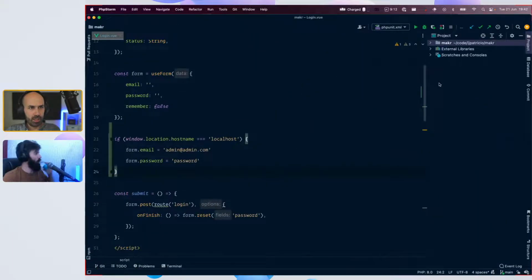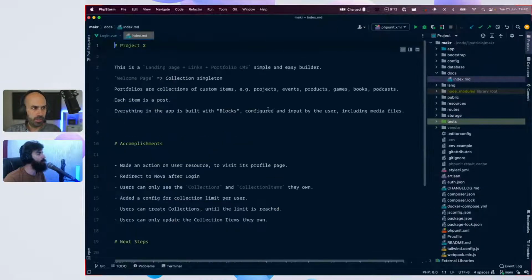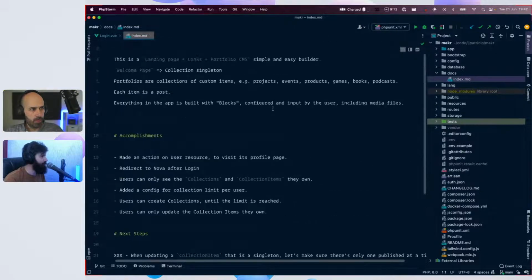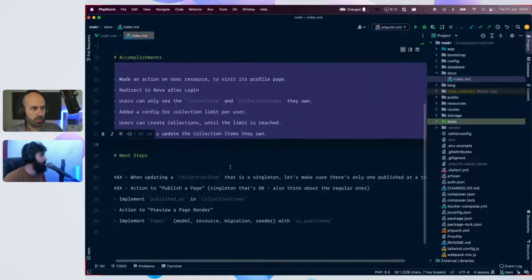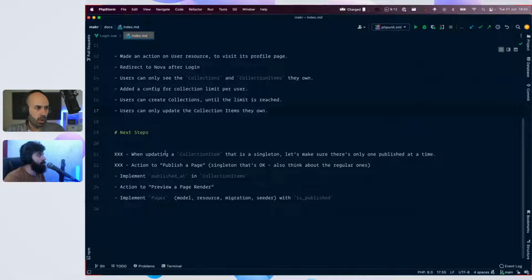So I guess we can refer to our pseudo docs, something like this: what we accomplished, what our next steps are. If I remember well, we were going to divide. We would stop having single collections.